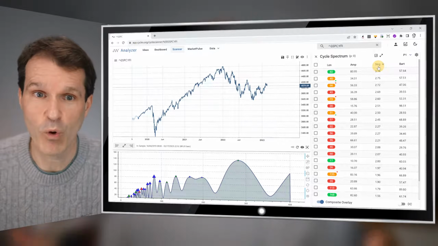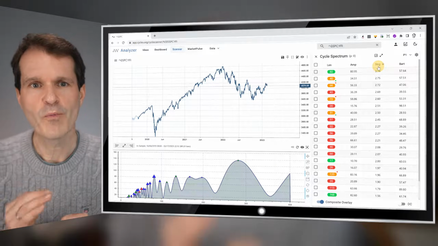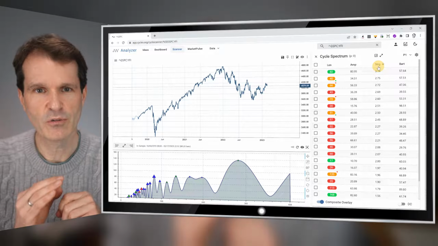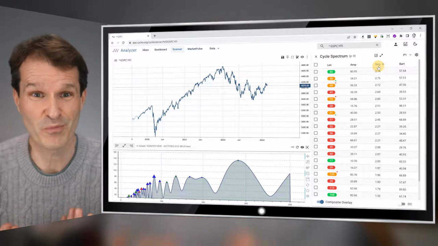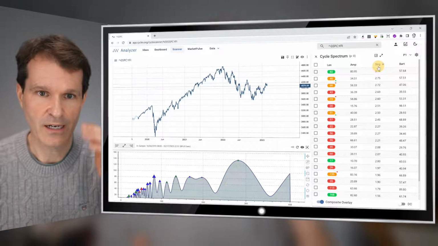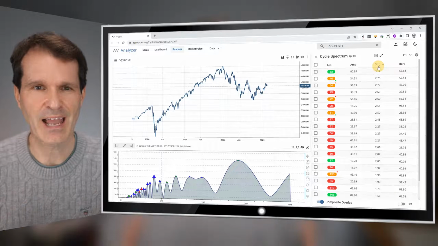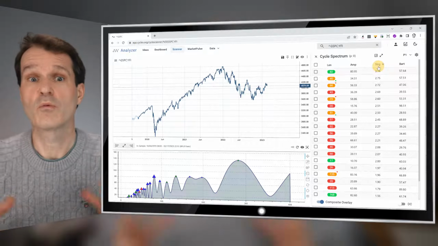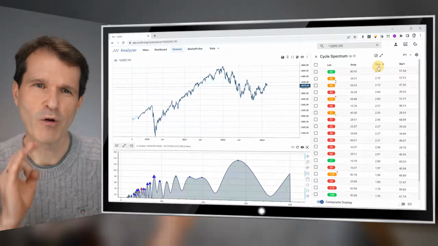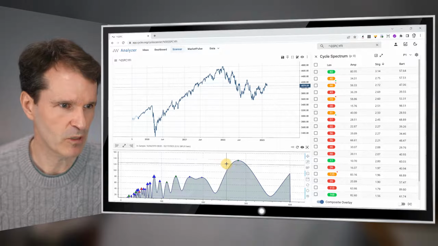Or if you have 1 hour data, then the strength tells you how much this cycle length influences the amplitude of the data set, so the price movement of the data set, for each hour. Because you can have a very high cycle length with a so-called high amplitude, but then it's important how much